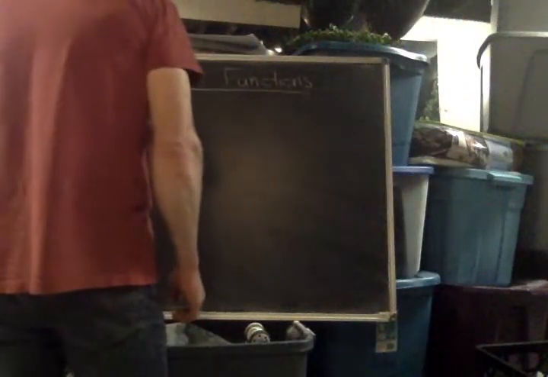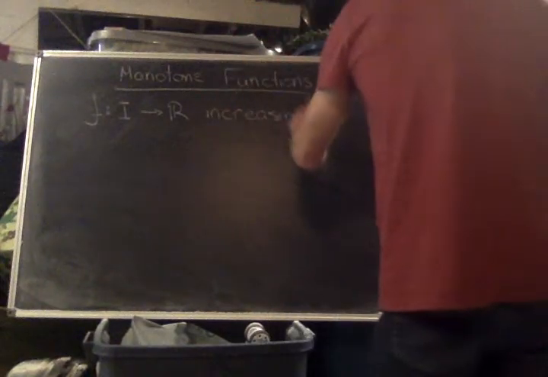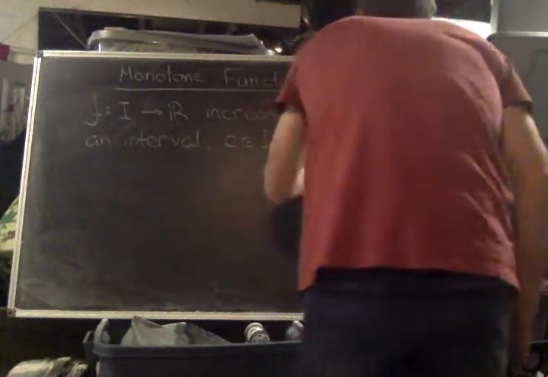So we have f as a function from an interval I that's supposed to be increasing. So I, an interval, and finally c, a point in I, not an endpoint,